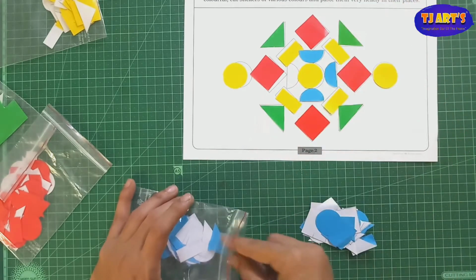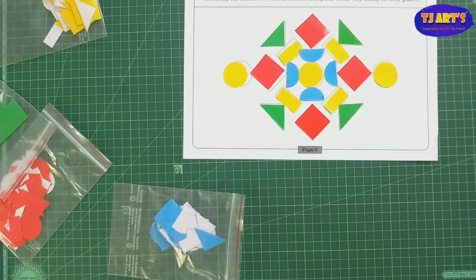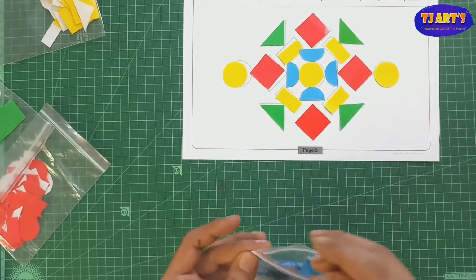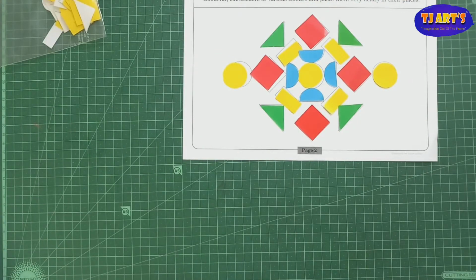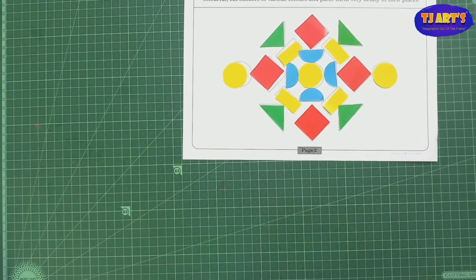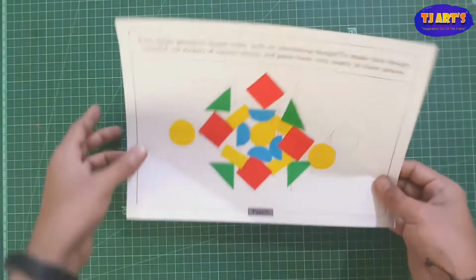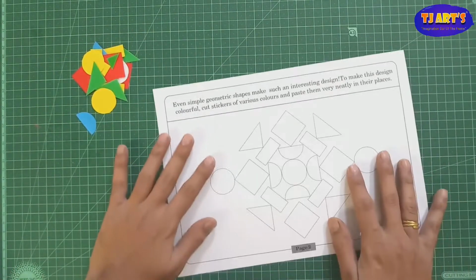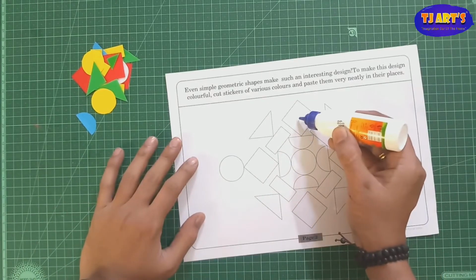Now here we require 4 semicircles. Now our paper selection is already finished. Now I'm going to stick papers on it. This is the most important thing: when you are sticking paper, keep the paper properly. I told you already how to keep papers. Okay, now you understand which colors are there. I'm going to stick one by one color.